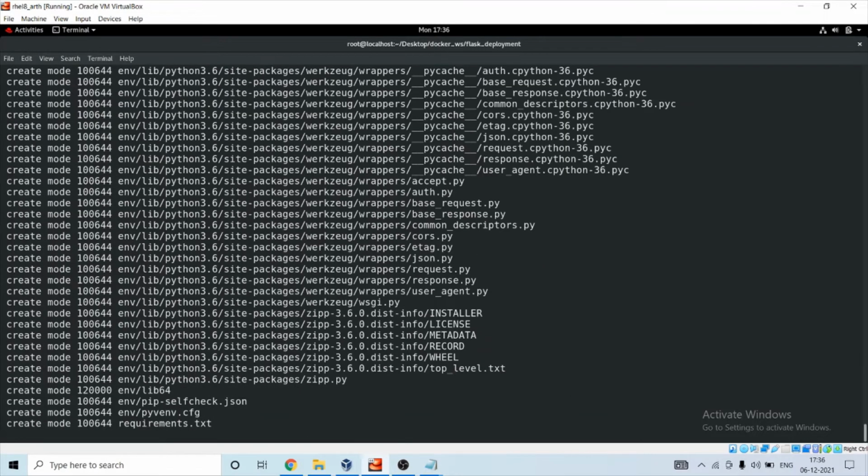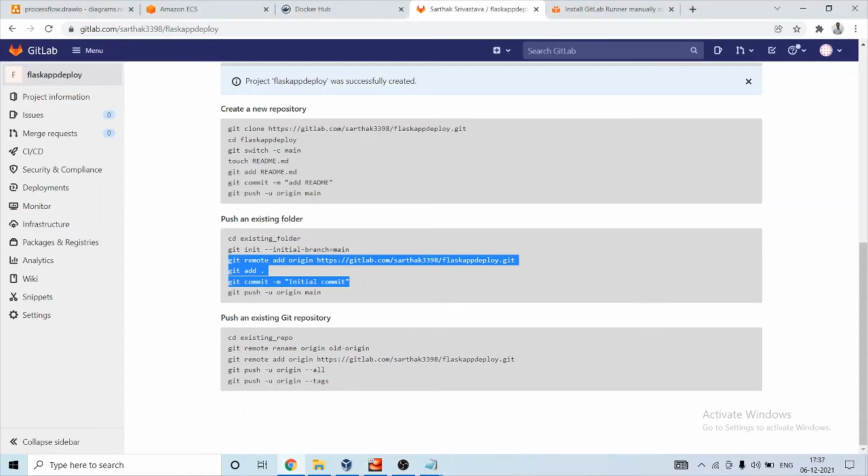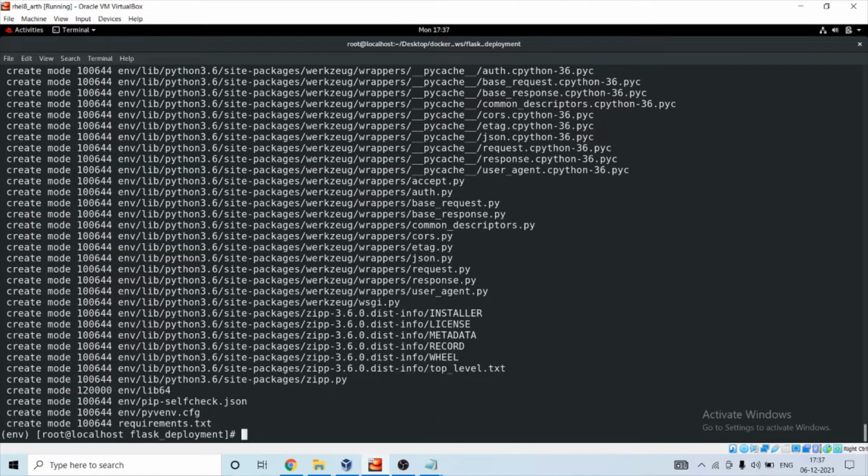Let it be initial commit, and then git push origin master.